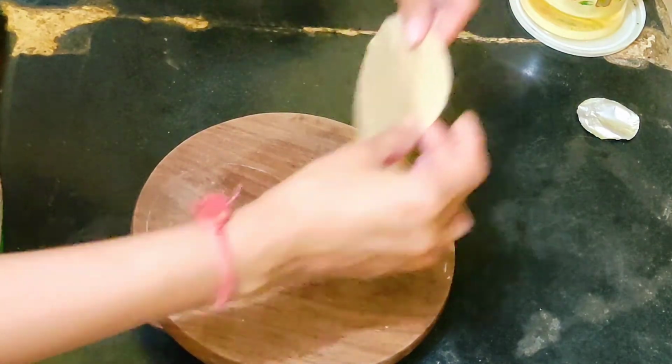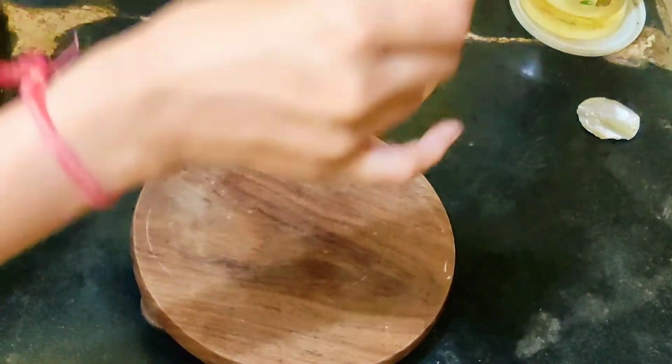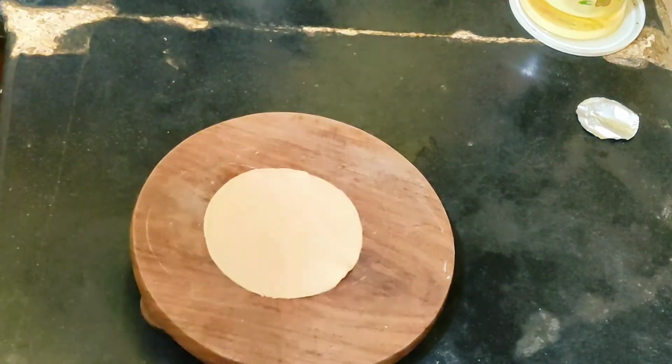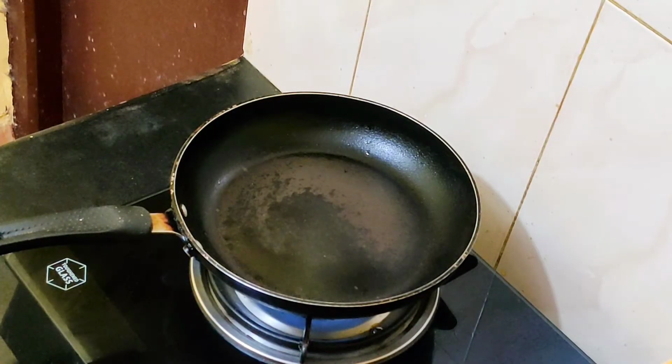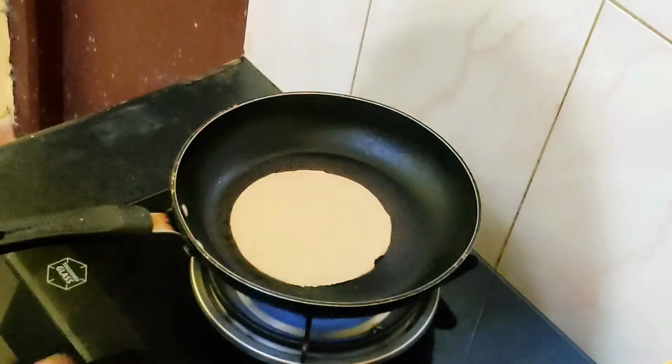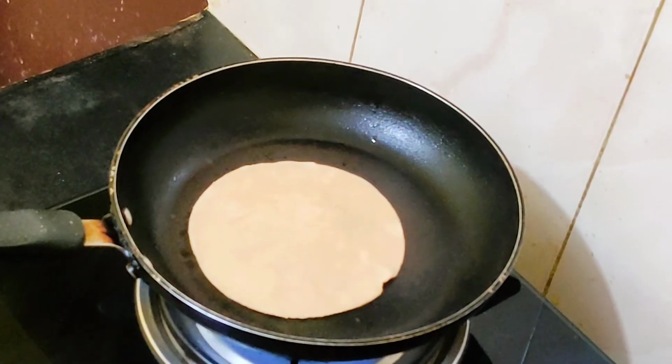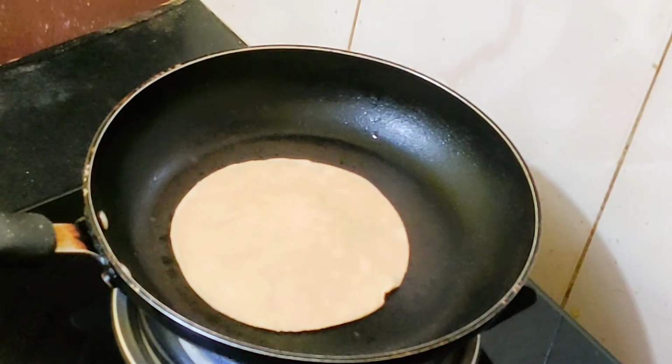And see how round that is. Lovely chapati. And I'm placing this on a hot tawa now. Make sure the tawa is hot. Now on this side, I call it side A, just for better reference. On side A, we want to cook this chapati on a high flame